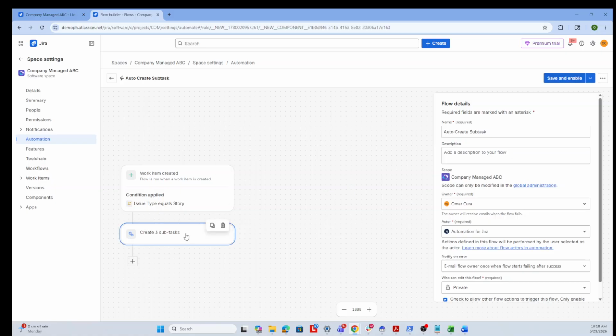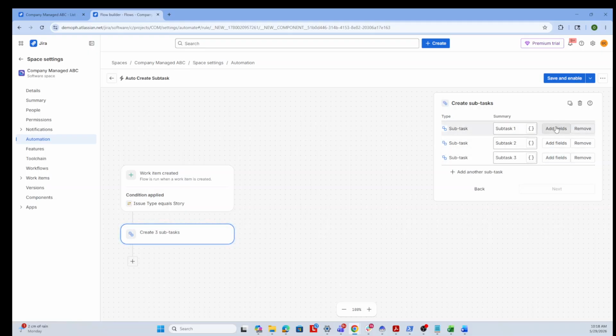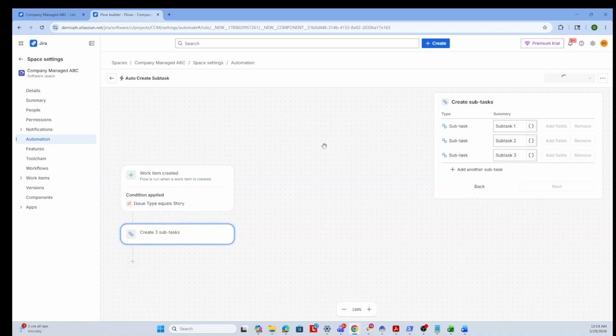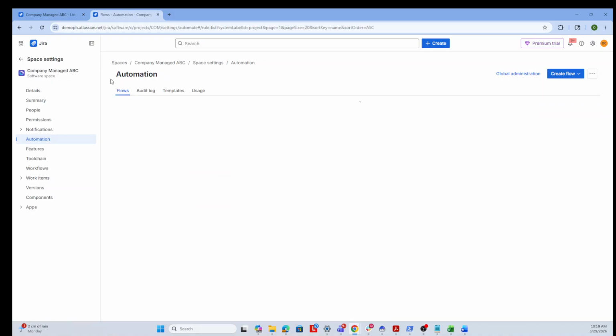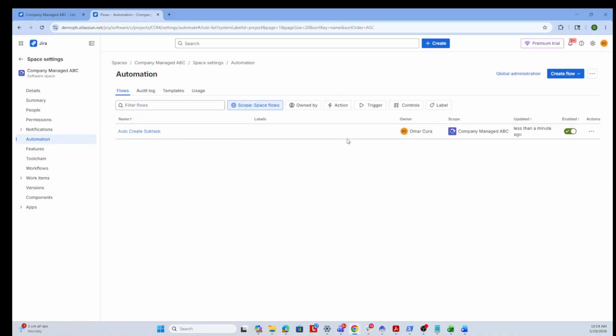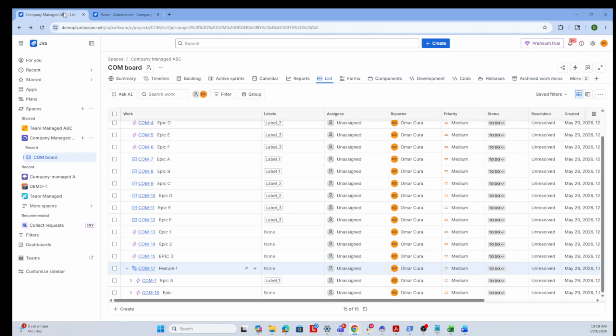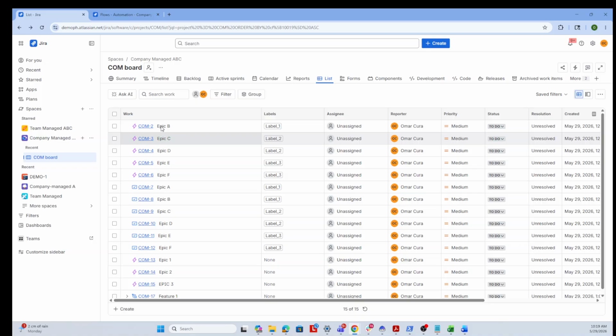Do note that we can also add additional fields if we want to. So for now, let's just save and enable. So now we have our auto create subtask created, covering the scope of company ABC. So refresh. Now let's go to our epic